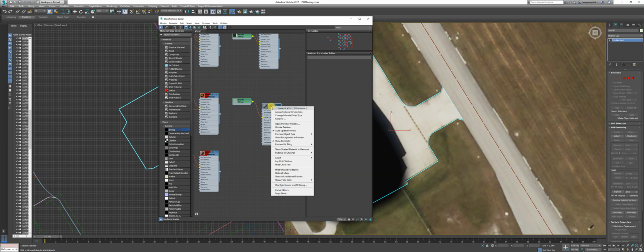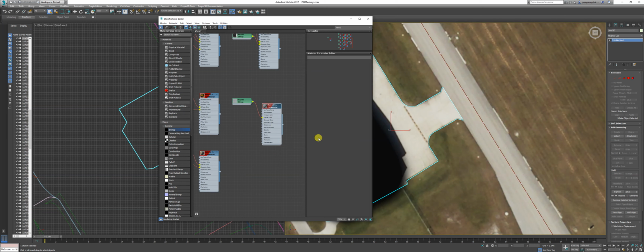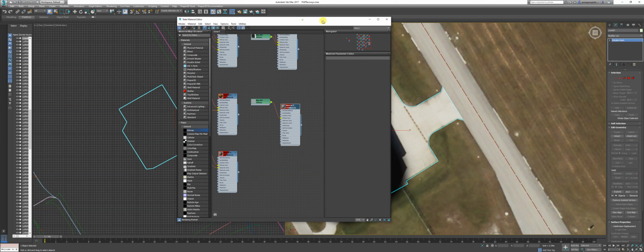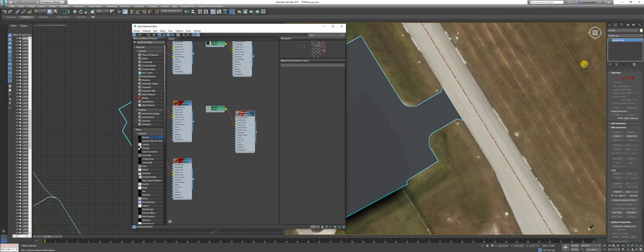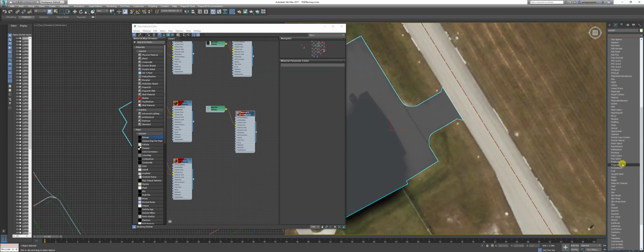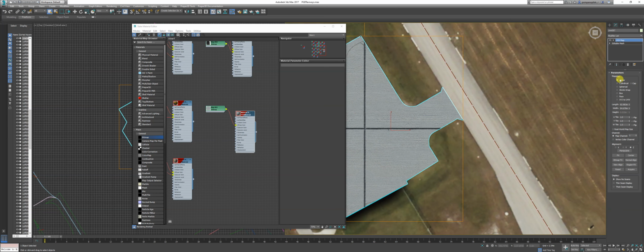Alright, so now you're going to want to right click, show shaded material in viewport, and take this right here and drop it. So now it's gray, but it's still not showing up. You need to add a UVW map. You need to tell the texture what to do. So you add a UVW map, keep it as planar,